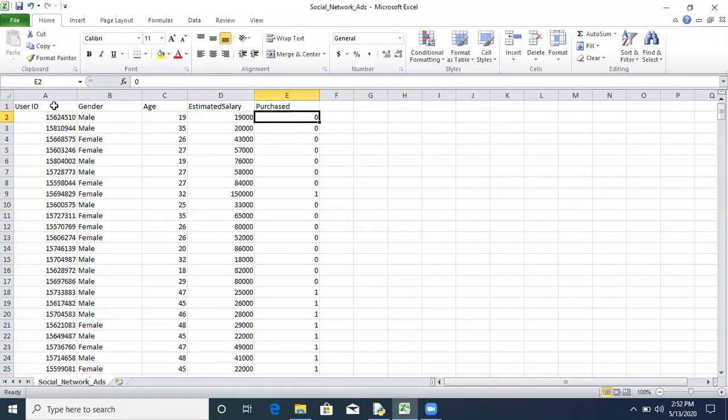Here we are not using user ID and gender for our prediction purpose, because they are not that important features as compared to age and estimated salary.